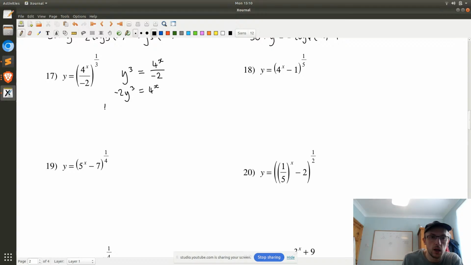And now log base 4 of negative 2y cubed is equal to x. Okay, so you swap the variables around. So y is equal to log base 4 of negative 2x cubed,